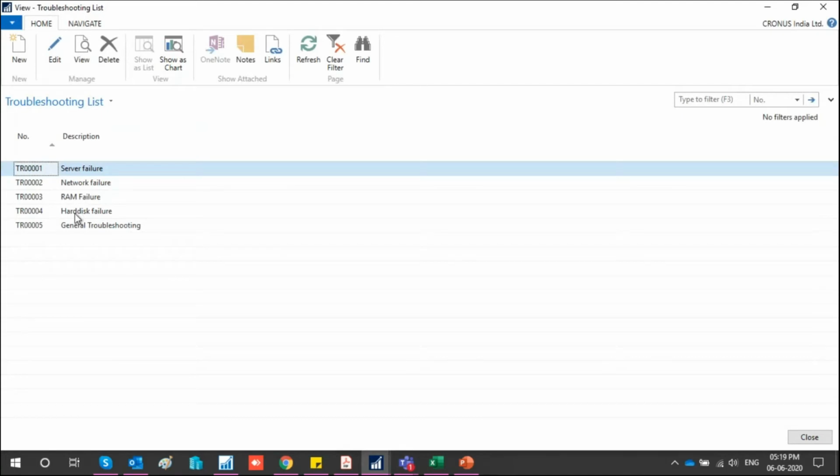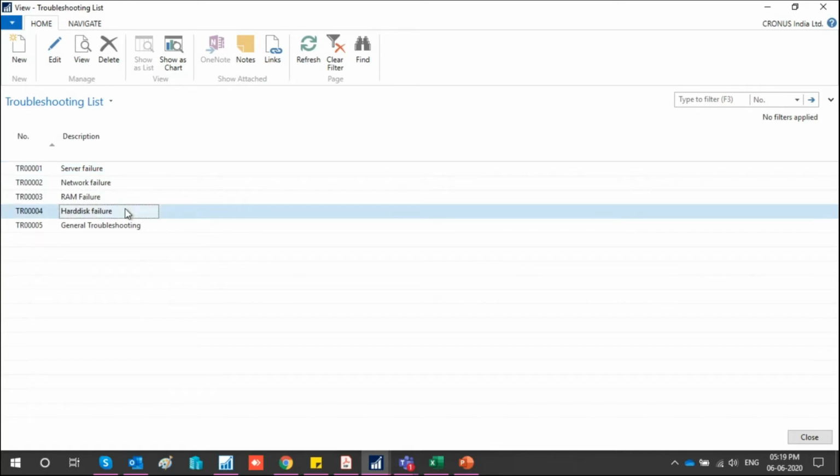Now, wouldn't it be nice that if I have a similar kind of problem, then I get a questionnaire or I get troubleshooting guidance? For example, if my laptop is getting heated, then I have to check a few things, whether the fan is working or not, whether the hard disk is okay or not. So here we can define some troubleshooting guides. For example, let's say hard disk failure.